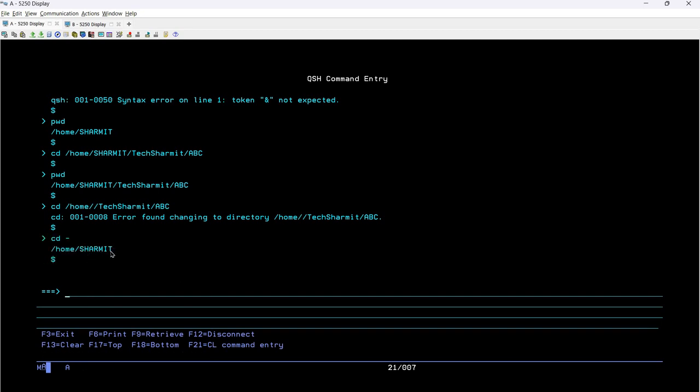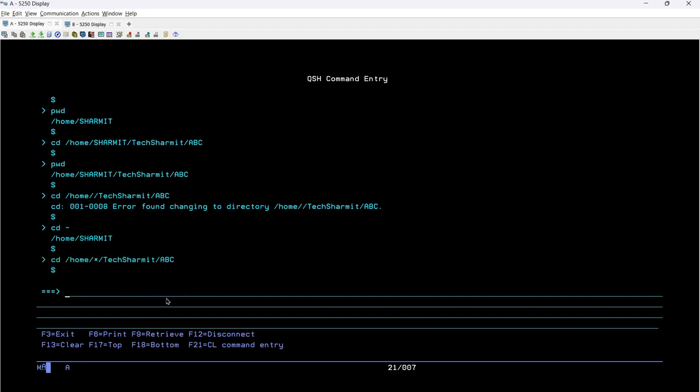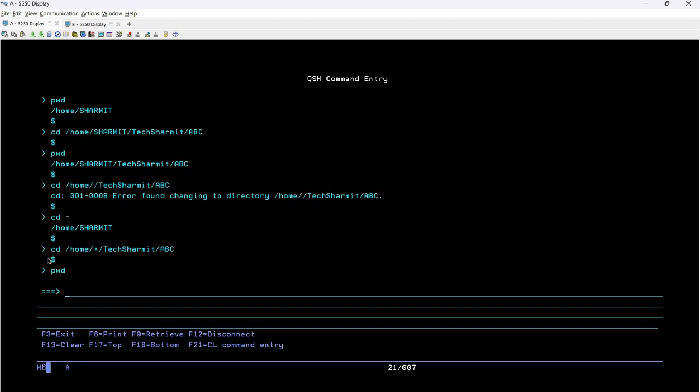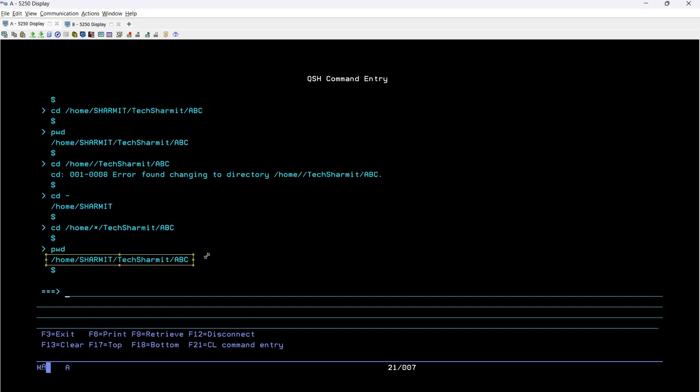Yeah, so it is at /home/Sharmit. So now we will use this command with a wildcard. In this case, I can simply put an asterisk here and hit enter. You can see it has been changed. Now if I hit pwd, you can see the directory is changed to /home/Sharmit/tech-Sharmit/abc. Okay, so this is how we can utilize the asterisk as a wildcard in order to change your directory